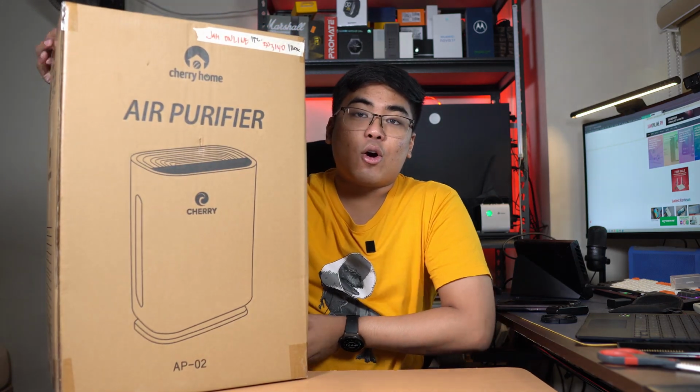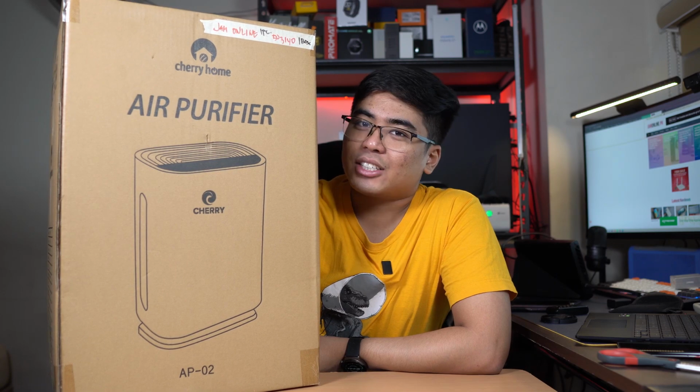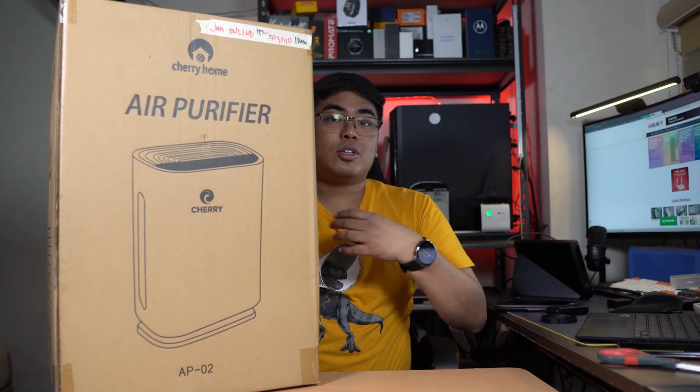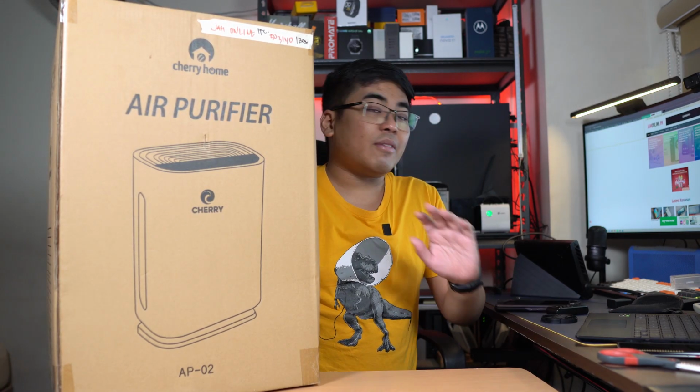And recently naman, si Cherry Home, meron sila mga bagong products, including the air purifier. So pinadalan tayo ni Cherry Home, and it's the Cherry Home air purifier AP-02. That's the model. So this one is priced at 5,000 pesos sa Lazada, and does have a lot of features,